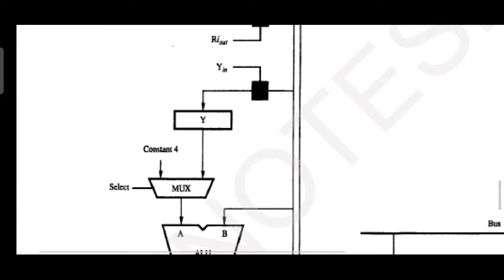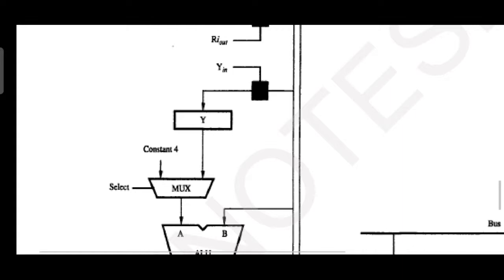Now the first input, R1 content, is placed at Y. What are you supposed to do? Concentrate here, listen carefully. The contents of R1 are placed onto Y, activate the select line of the multiplexer. What it does is select Y, which lets Y transfer onto the multiplexer and hence onto the ALU.